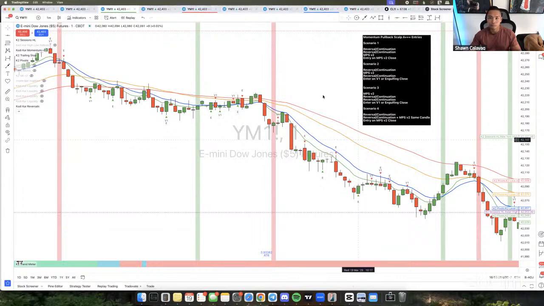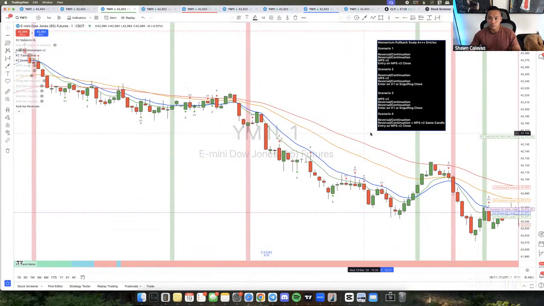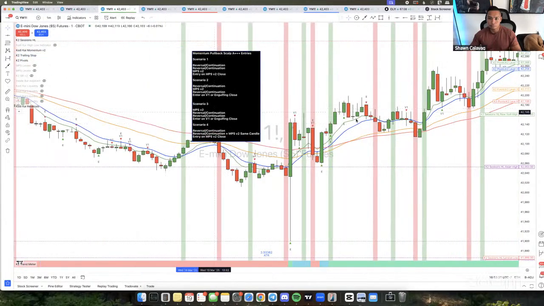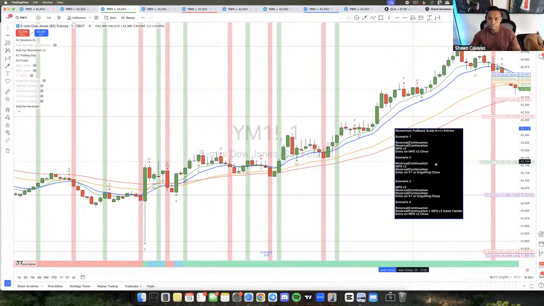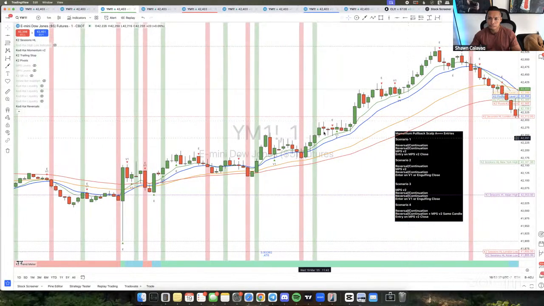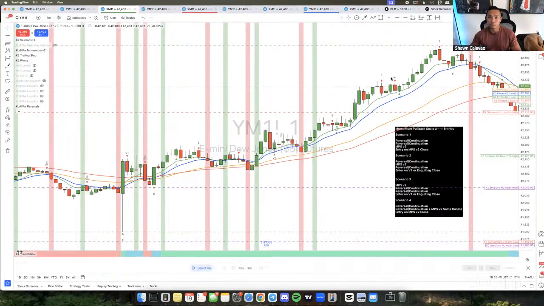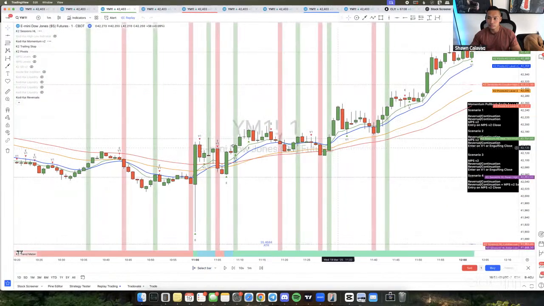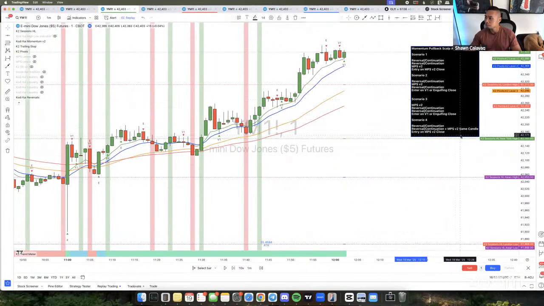All right, cool. So let me show you guys some examples of A++ setups. Let's see, there was one. Not this one right here. Okay, here's a perfect one right here. So this is going to be scenario number 3, PC. So here we go. Scenario number 3 right here is going to be for this setup. So look over here, I have them in order, right? So the first one that came up was an MPSv2.